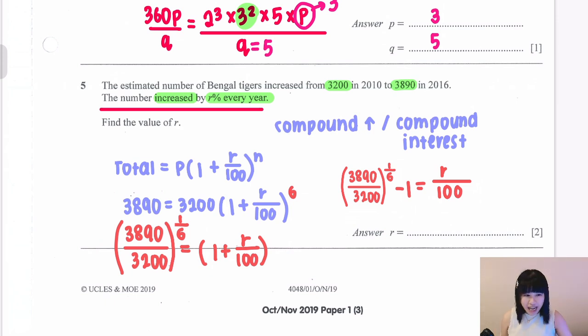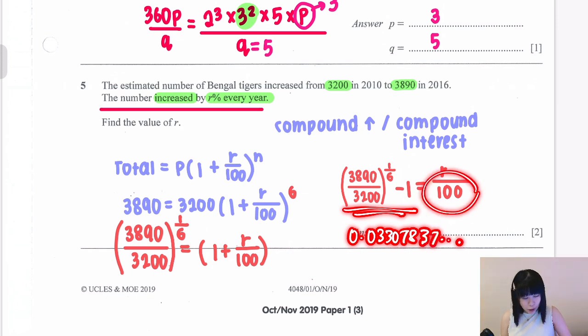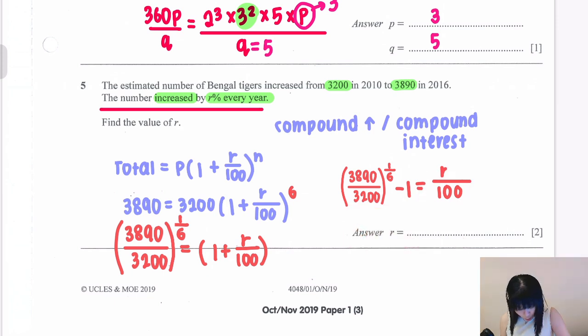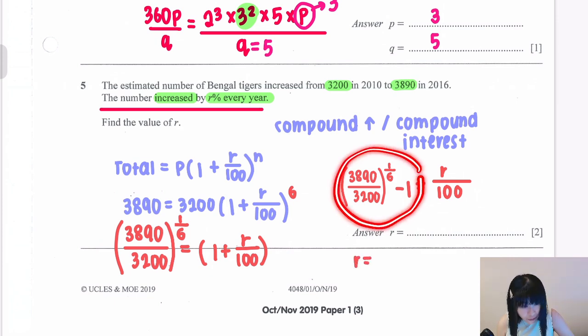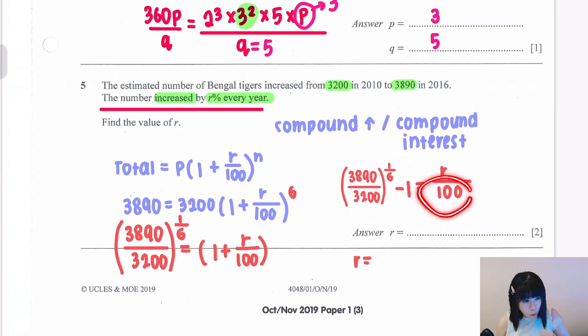If you're uncomfortable because you're feeling there are too many numbers here, you can actually just use your calculator a little bit first, no worries. If you key in the calculator currently, this part here, you will be getting 0.0330787, and so on and so forth. And now you need to times 100. Remember what I'm doing is I'm taking this value and then I multiply by 100. Straight away in your calculator, you will get